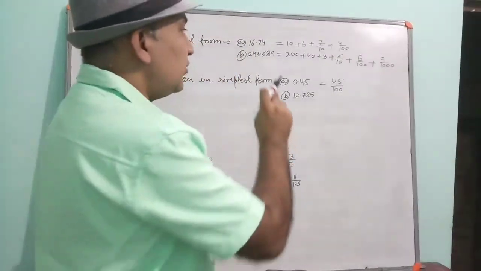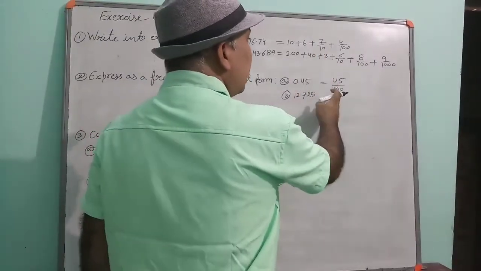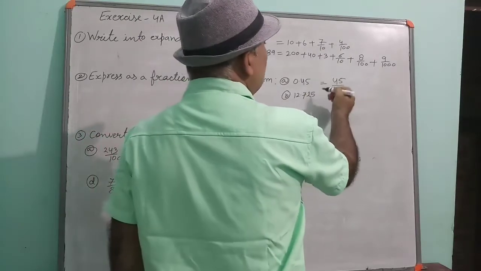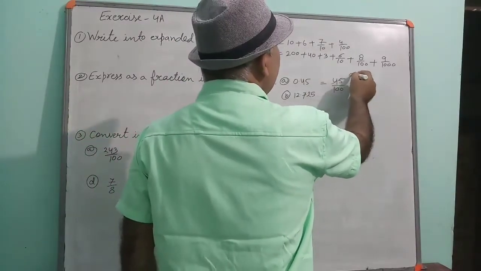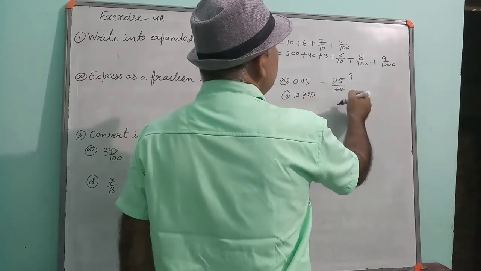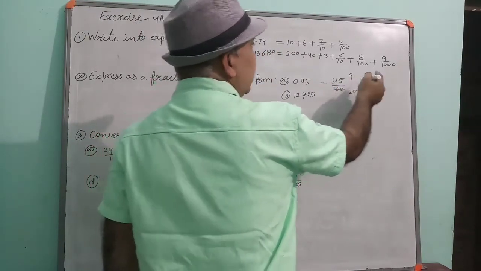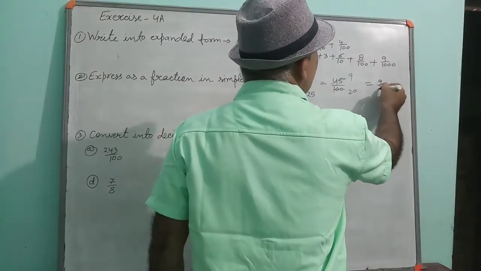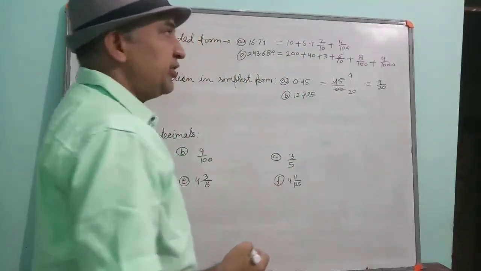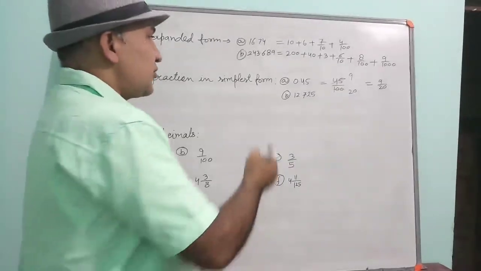Understood? Now this is the fraction. Convert it into simplest form. You can see that 5 can divide both the numbers. 5 into 9 is 45, 5 into 20 is 100. That means the simplest form is 9 upon 20. Okay? Now see this one,